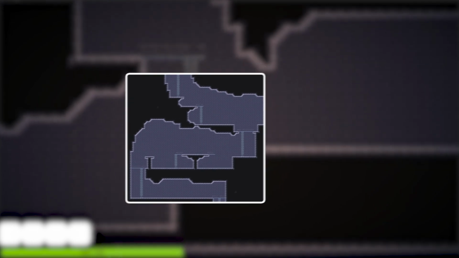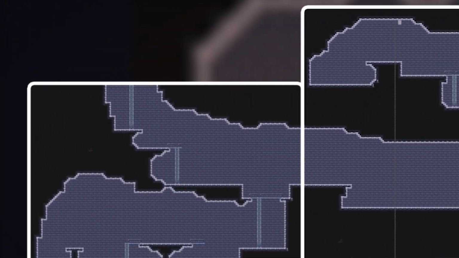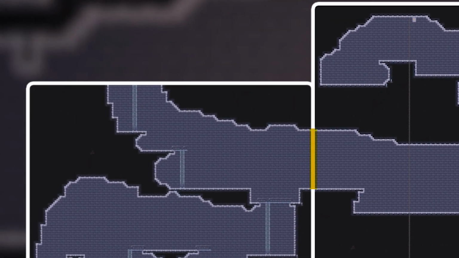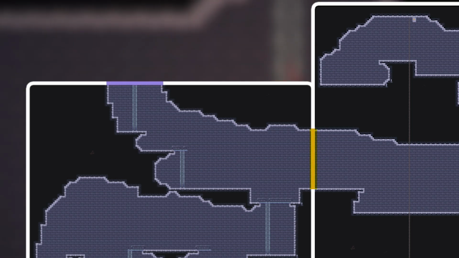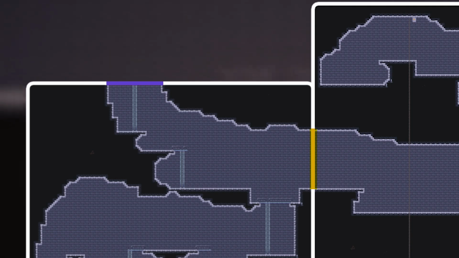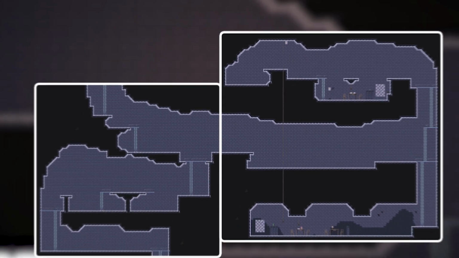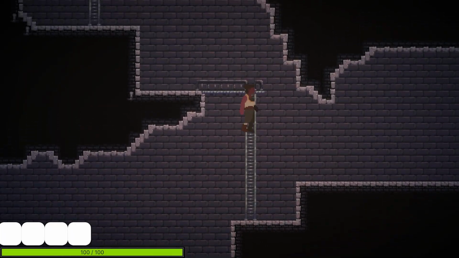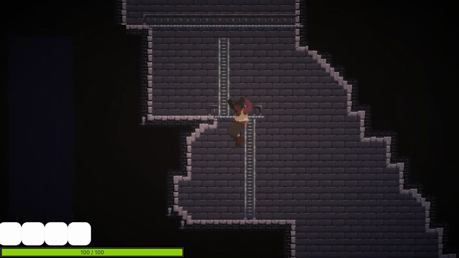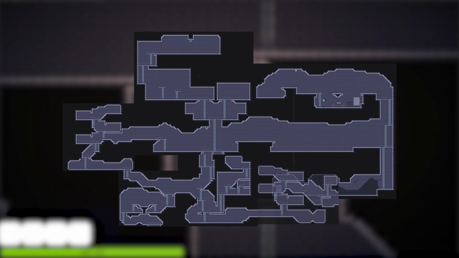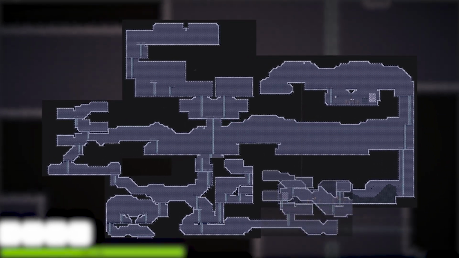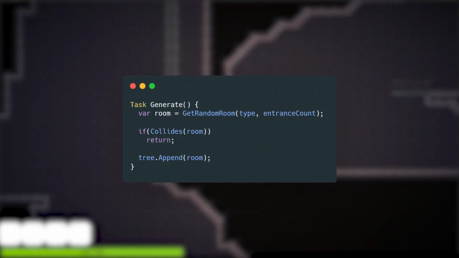In our case, this room should have at least two entrances, since we need one that connects to the exit of the starting chamber and at least one that opens a new path, as a two-room dungeon would obviously be too short. But there's an additional thing that we have to be aware of. The more chunks we add, the more the likelihood of them overlapping each other increases, so let's add a collision check.